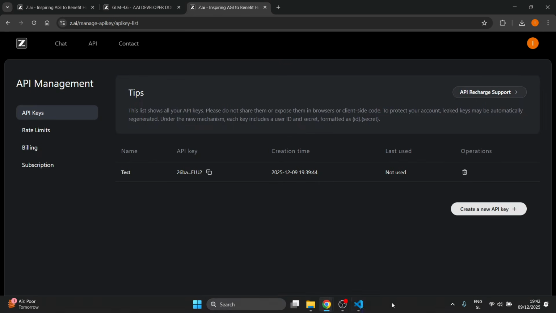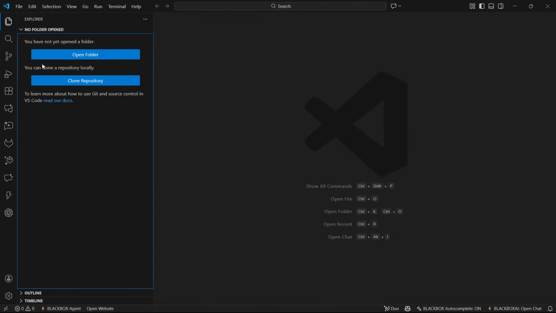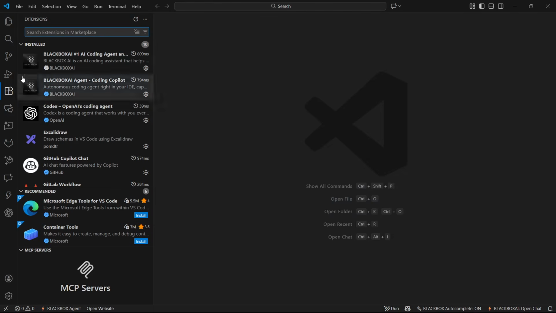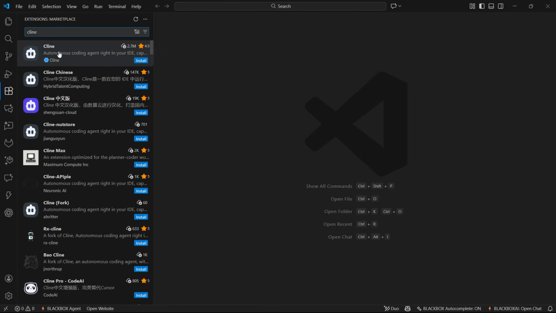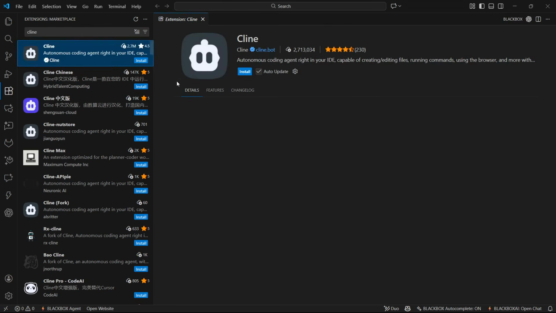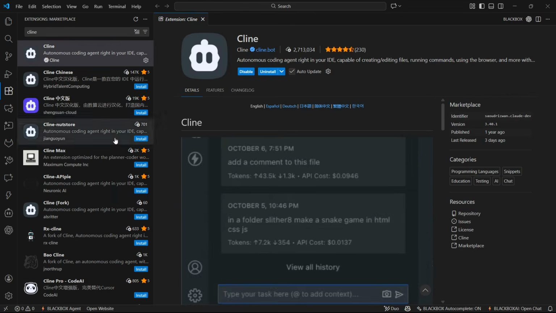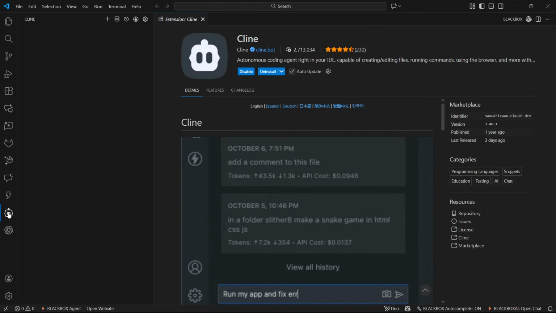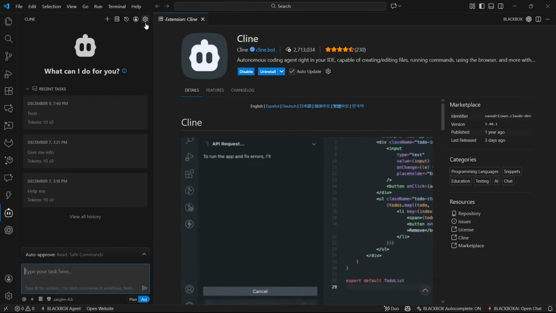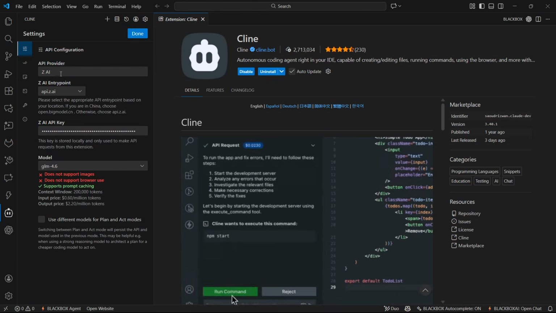And when you do that, you can open up VS Code, and then you want to go to the extensions tab here on the left, and you want to search for Cline. Now, I'm sure there's many different ways, but Cline is one of them. So we can go to Cline, you can install it, and then when that's installed, you can just open it up here on the left hand side, click on the settings button top right,